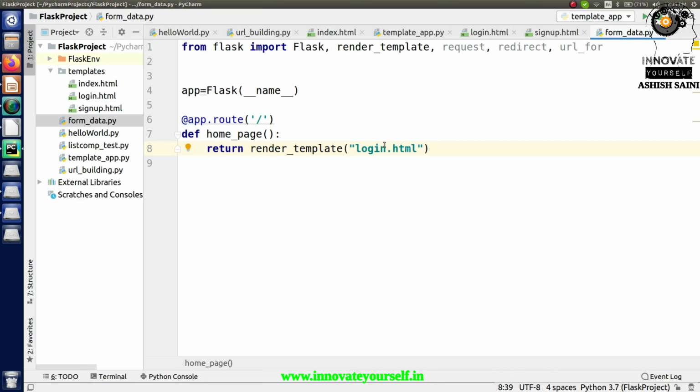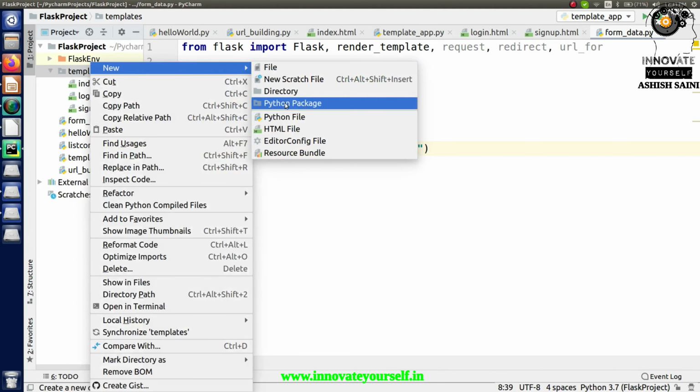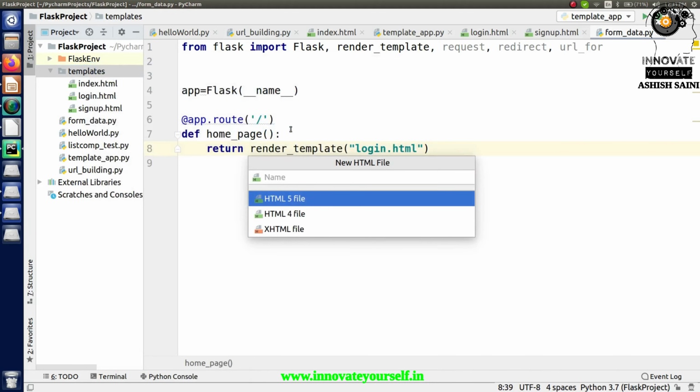For that right now I'm assuming that I am going to collect the data for a user who has passed the entrance exam, or let's say who has passed the 12th board exam, and accordingly I'm going to ask how many marks you have scored. For that I'm going to create an HTML page, and that will be created inside this templates directory, because this is the directory which will contain everything related to the HTML files.